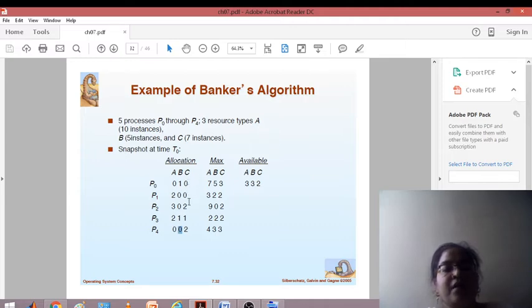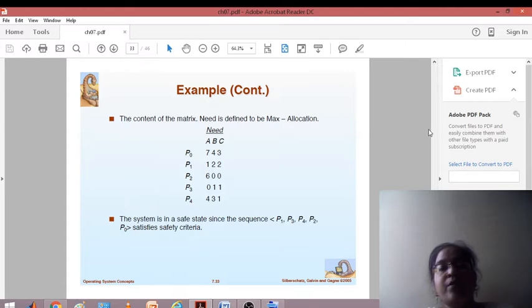Likewise, here you can check. Resource type C is distributed among processes P2, P3 and P4. So 2 plus 1 plus 2 will be 5. So 5 resources of type C are distributed among P2, P3 and P4. Now the remaining are 2, so 7 minus 5 is 2. So this is how you are going to have the data structures: available, max and allocation. So what will need be equal to? Need is equal to maximum minus allocated.